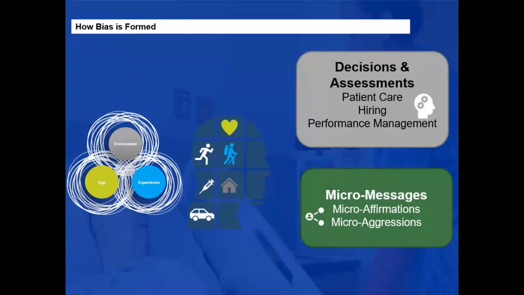Stereotyping and generalizations, that passive aggressiveness, really have become a lot of microaggressions. And what implicit bias results in is our ability to make decisions. It might be patient care, hiring, performance management, personnel assessments. Those micro messages are those small, subtle, and semi-conscious, universally understood messages that are both verbal and physical,